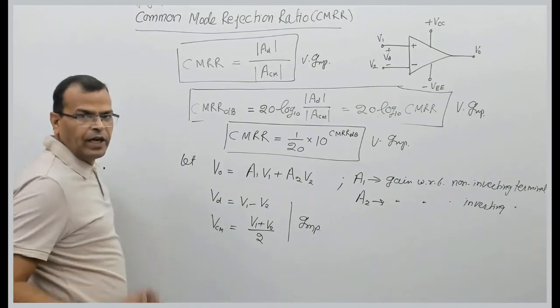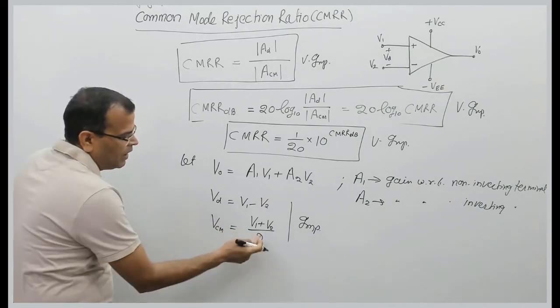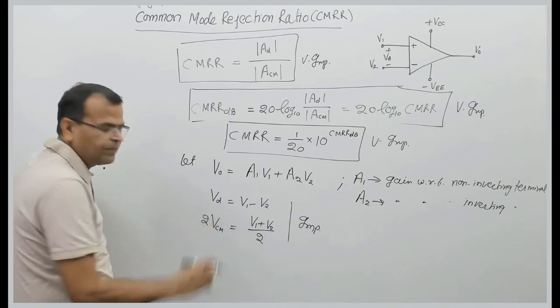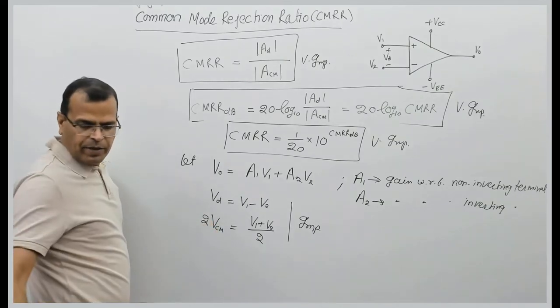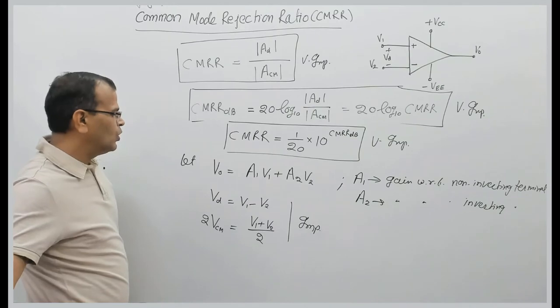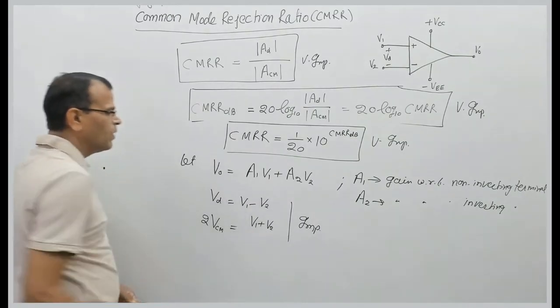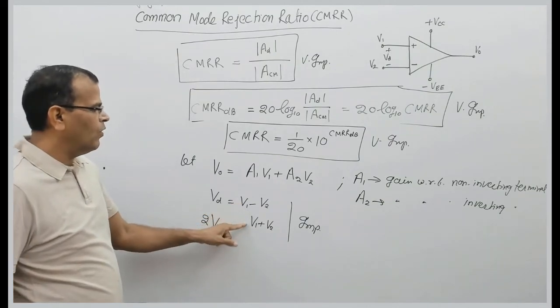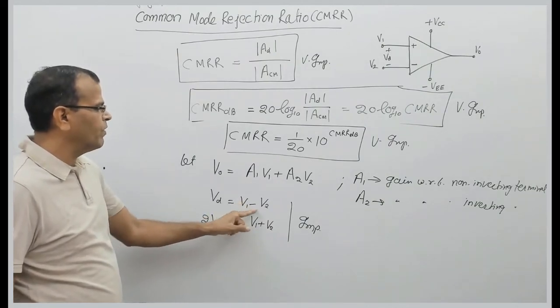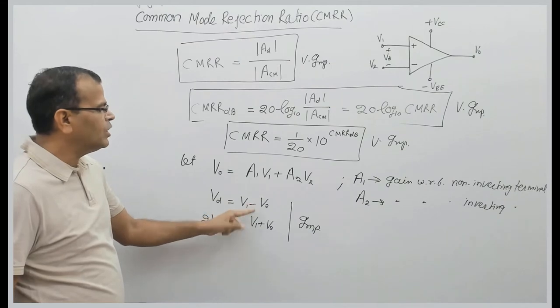Please see it carefully. I will modify this a little bit. You can take 2 on this side and you can remove this 2 from the denominator. That's simple. So I have V1 plus V2, V1 minus V2. If you add these two